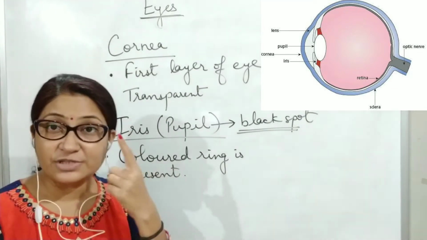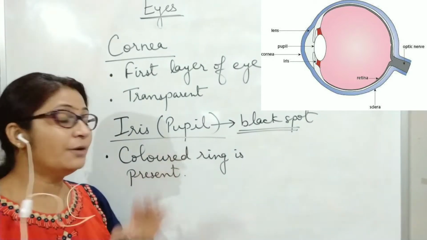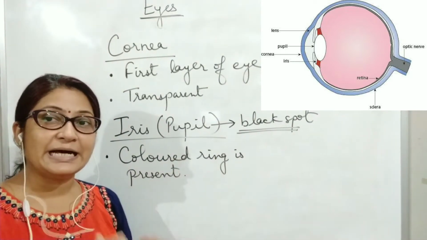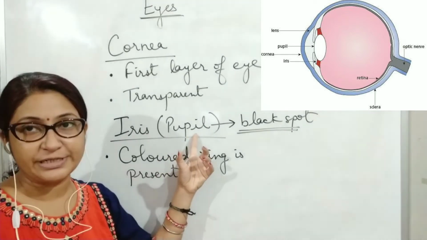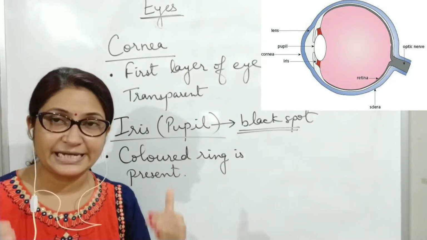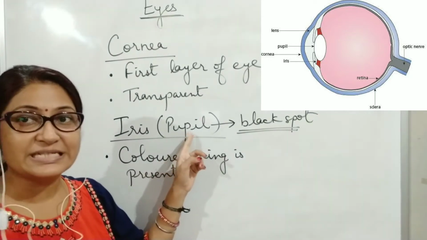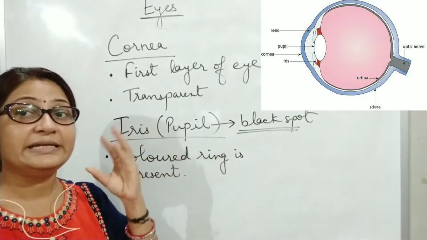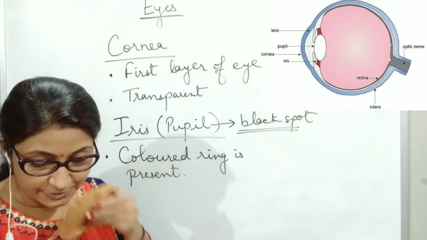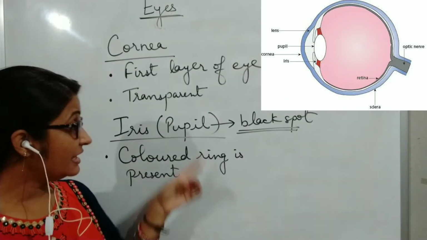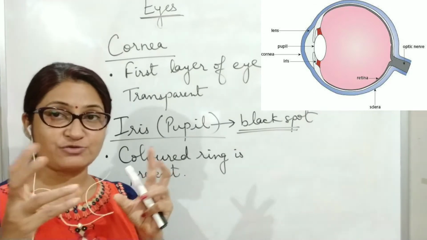Now, the black ball that you can see in your eyes is basically the pupil. Whatever light enters into your eye, that enters through this pupil only. Through this gateway, through this pupil, the light enters into a human eye. Then further, what happens? This pupil can adjust the size of its structure.